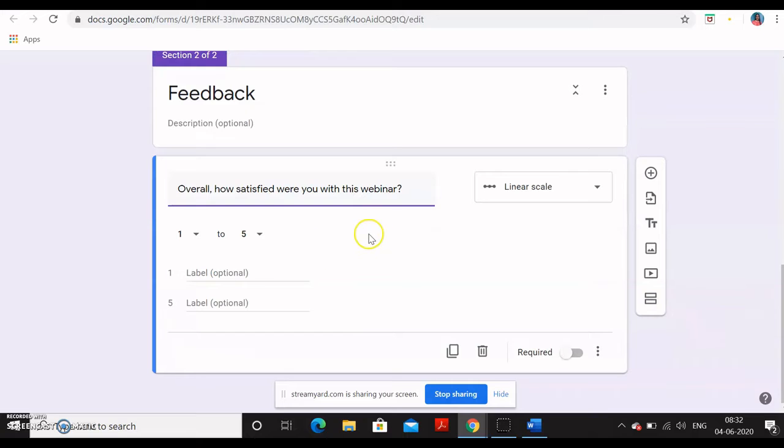So if you'll see, according to the type of question, Google automatically gives you the option. Like right now it is giving me the option to set the linear scale. So it is giving 1 to 5 points. The participant can give points out of 5, they can give you marks. So we have to set that scale. So first, 1 means the presentation or the webinar got a poor response, and if they give points nearby to 5, we can say it is excellent. So again, I will click on required.